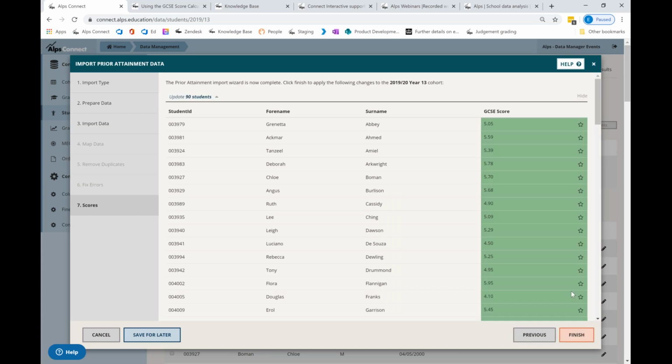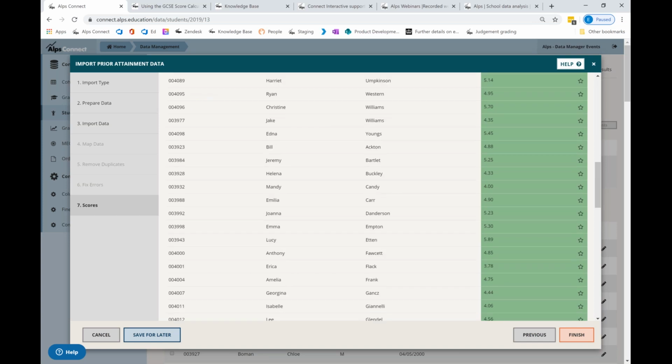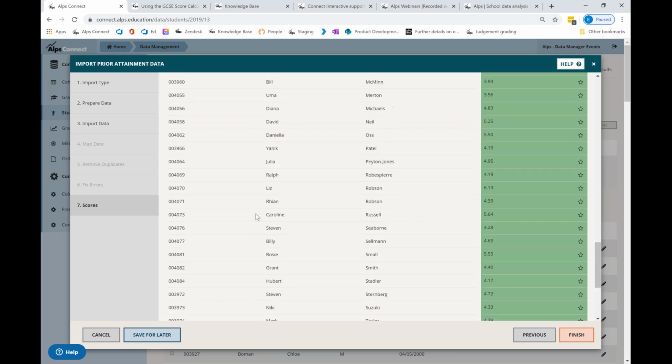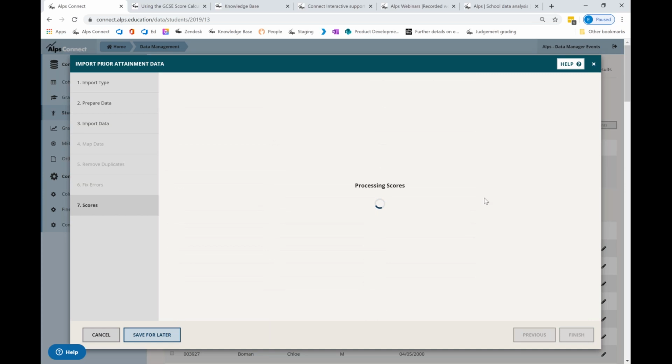The files are often quite large, so you can see it took just a little bit of time to identify which of my 90 students based on the student ID. And here I've got their GCSE scores. And just to show you with all the data that it pulls out, we have our 710 import rows that weren't matched. Okay, so if I click on finish here,